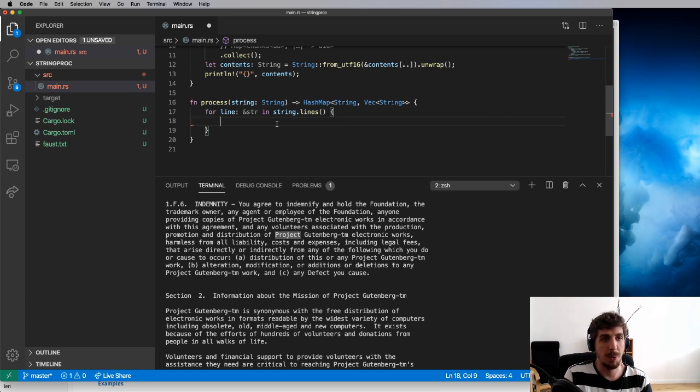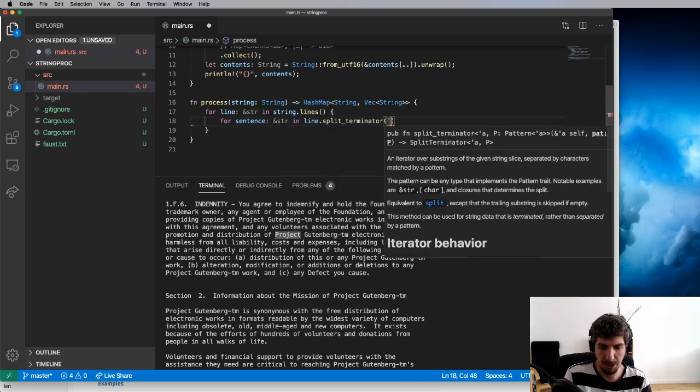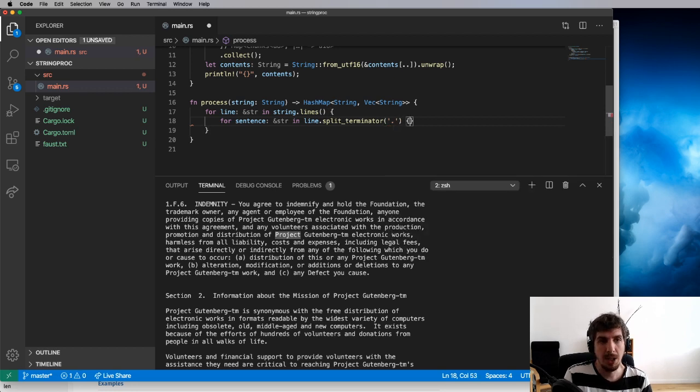And what we can do now is say we can do split terminator again to get the sentences. We will say sentences are just things separated by periods, which is not exactly correct, but as good as we're going to be able to do for today. So we can say for sentence in line.split_terminator here. So now we're going through, getting the line, getting each sentence in the line, and what we want to do in that sentence is